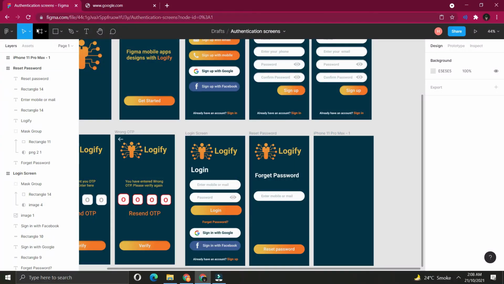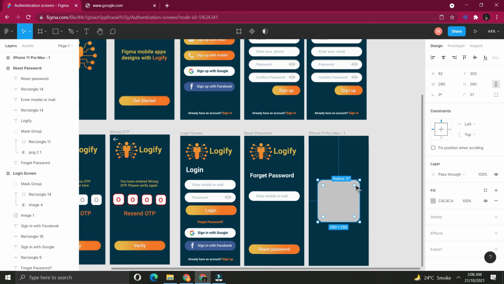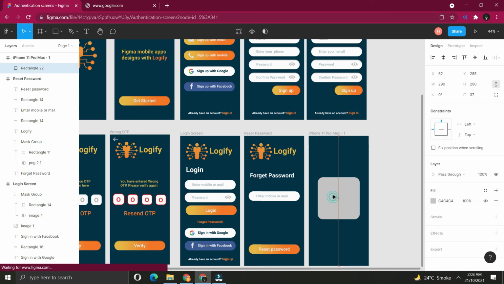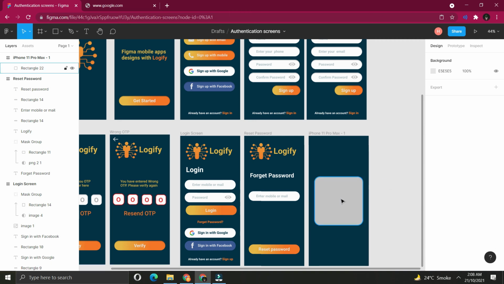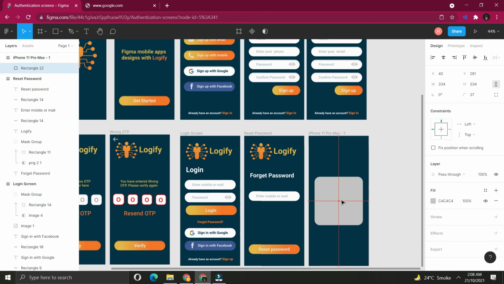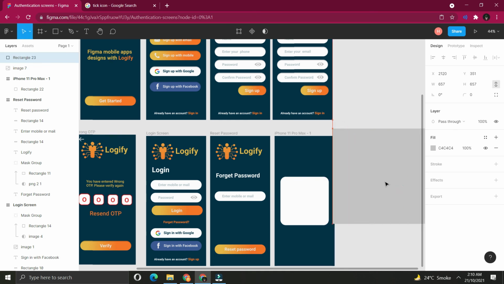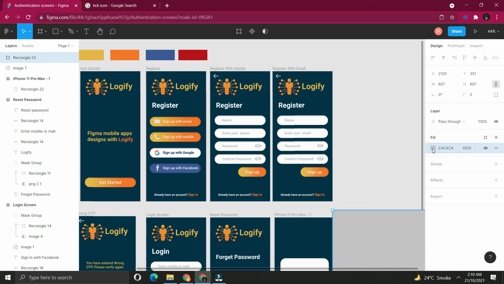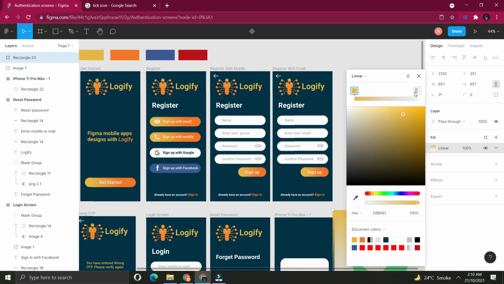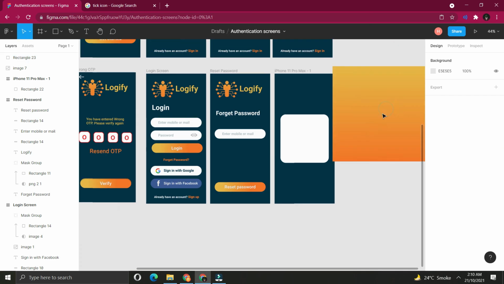Once we are done, add another frame, add a rectangle and adjust its anchor point and give it some white color. Again add a rectangle, align it center and give some gradient color as we did for our icons and logo.